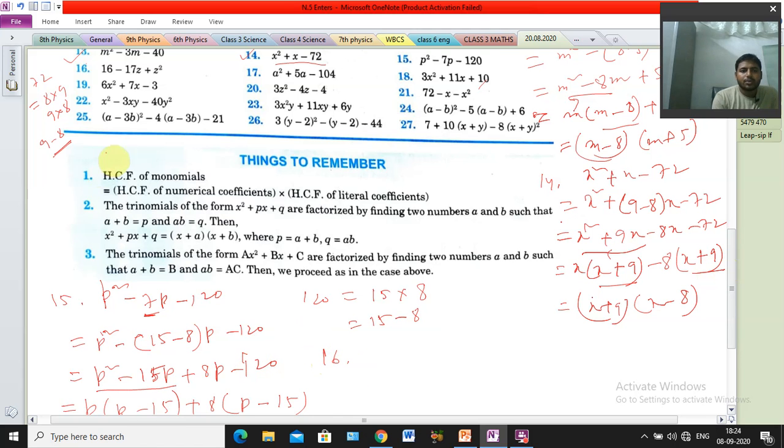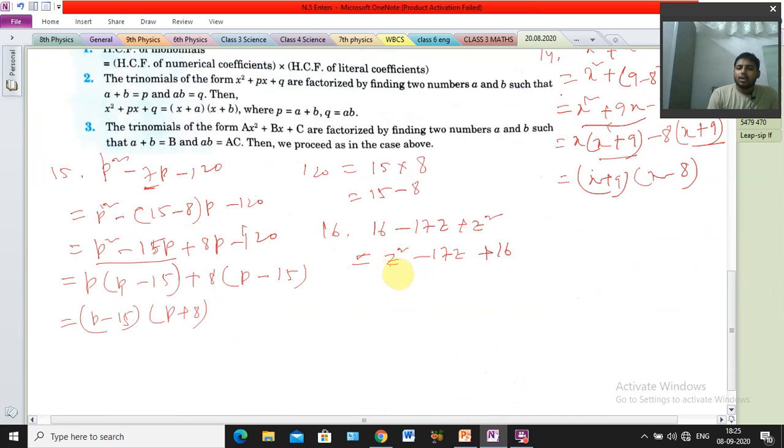Question number 16 is giving here 16 minus 17z plus z square. This is the question. Okay, this one we can write like that, because here the constant part is written first, otherwise we can change it also, no problem. We can write it at first as z square minus 17z plus 16 also. Okay, so now what to do, sir.